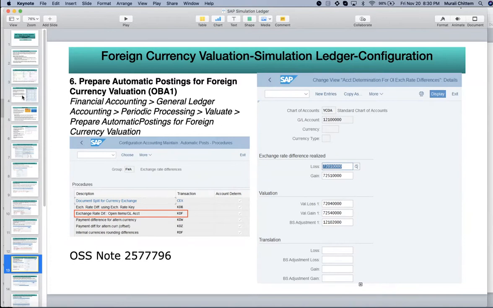That is, I think, customer reconciliation account 121 followed by 5 zeros, and we have updated the exchange rate loss and gain accounts and the valuation loss and gain accounts. There is no change; it is the same in ECC, Classic Ledger, New GL, and now S/4HANA.